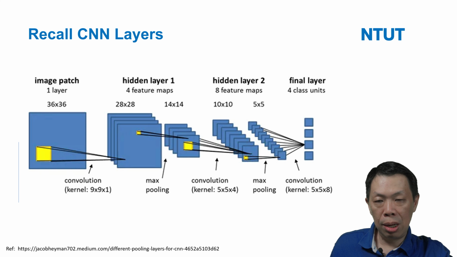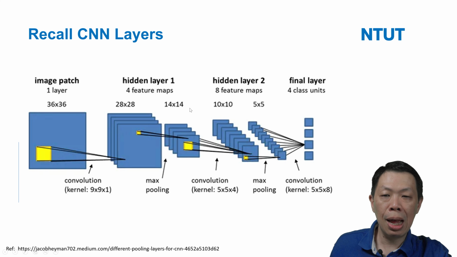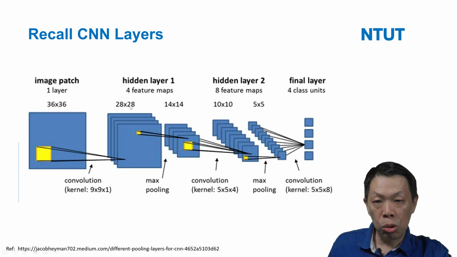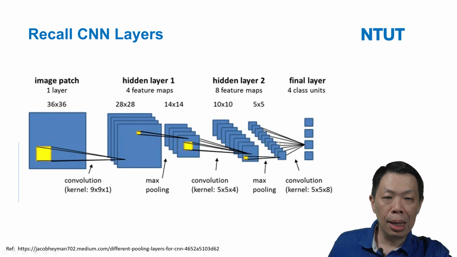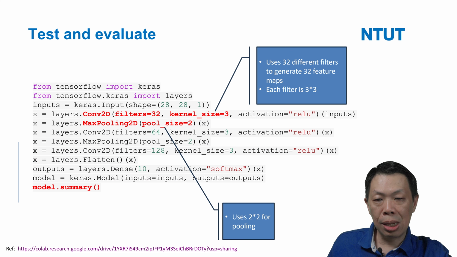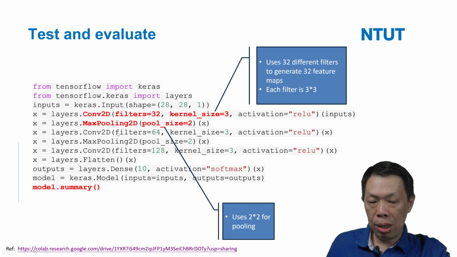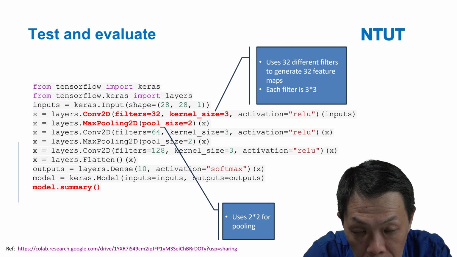This is just a reference illustration. The image size is different, but the concept is the same. We have the convolution to generate convolution feature maps, then max pooling, which downsizes every time, and eventually we have a flattened layer. This is how we construct the convolutional network. After the construction, we can have a model summary. So let's first execute the code in the Colab.